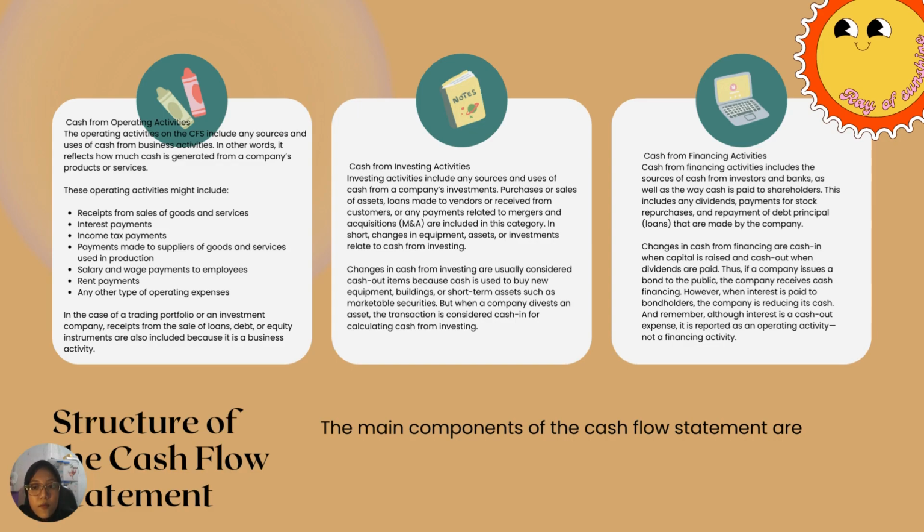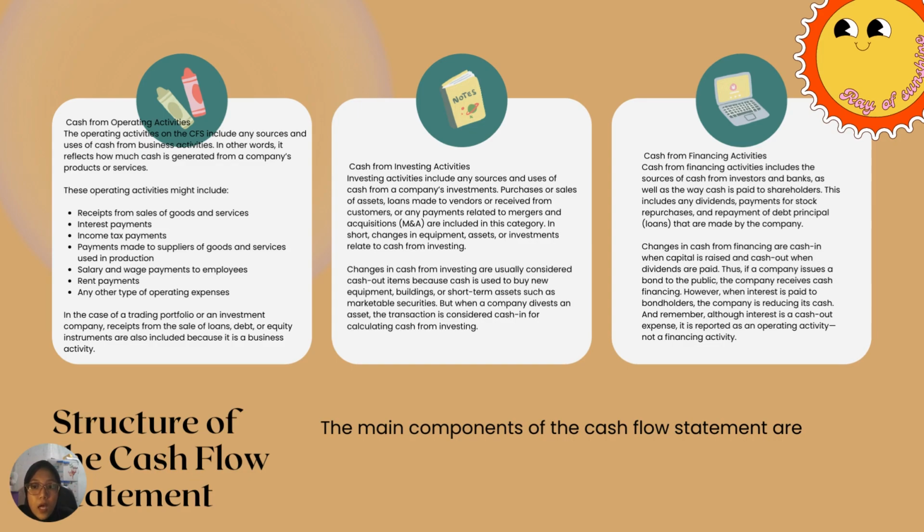Last, we have cash from financing activities. Cash from financing activities includes the source of cash from investors and banks, as well as the way cash is paid to shareholders. This includes any dividend payments, stock repurchases, and repayment of debt principal or loans that are made by the company. Changes in cash from financing are cash in when capital is raised and cash out when